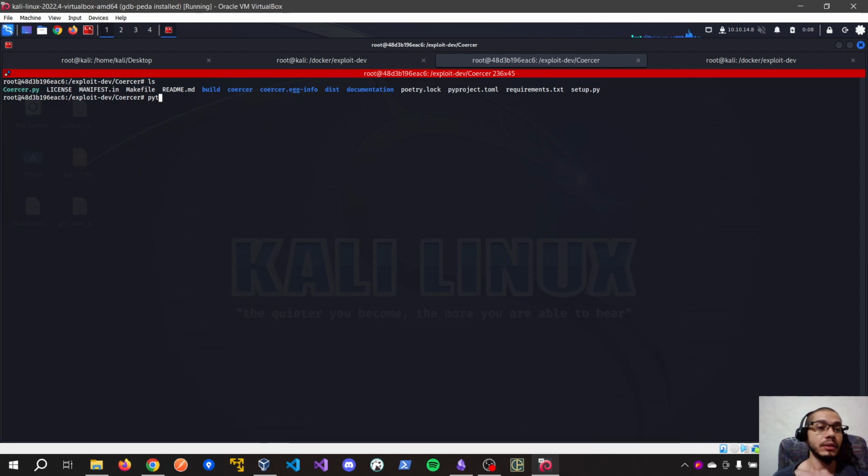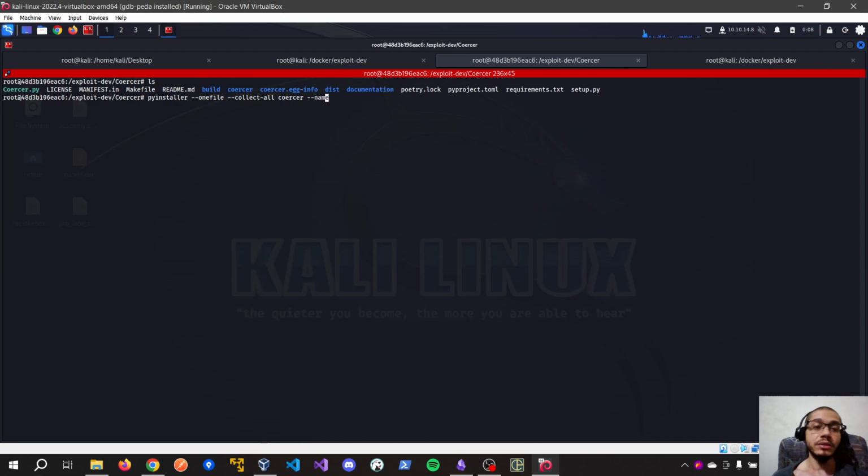And to use this tool, we need to pass some options, like onefile, because we want to generate one single file in the end with all the dependencies inside of this file. Basically, in the case of this tool, we need to collect the internal dependency called coerce.